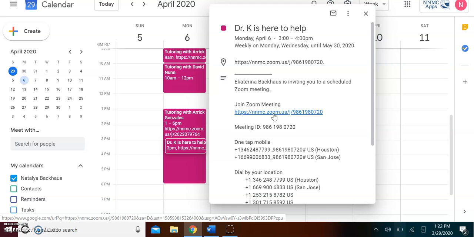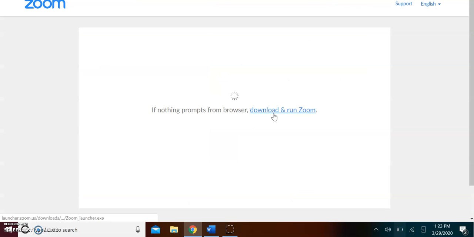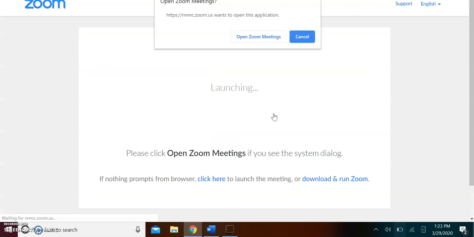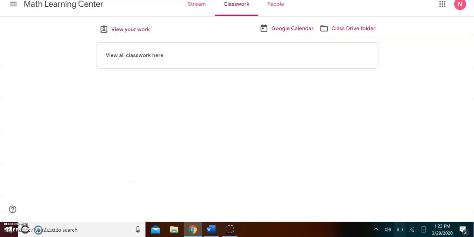You can join a Zoom meeting and work with a tutor from your computer or your phone. Once you've clicked on the tab and you are here, click on Open Zoom Meeting, and your tutoring session can begin. Tutors will be available to work with you Monday through Thursday, 10 a.m. to 7 p.m. If you didn't catch the code for the Google Classroom, it is